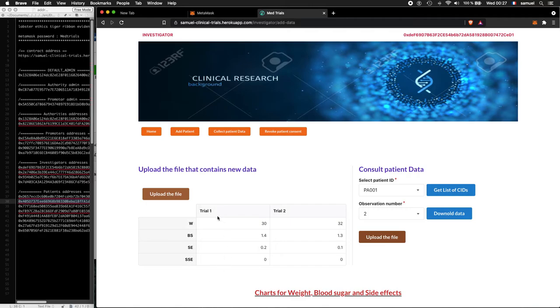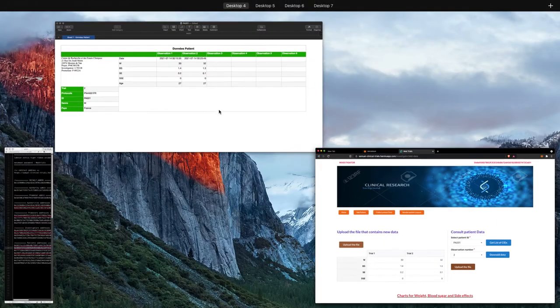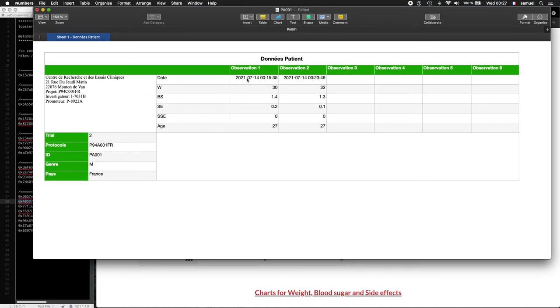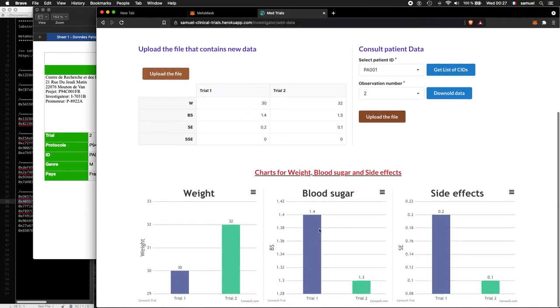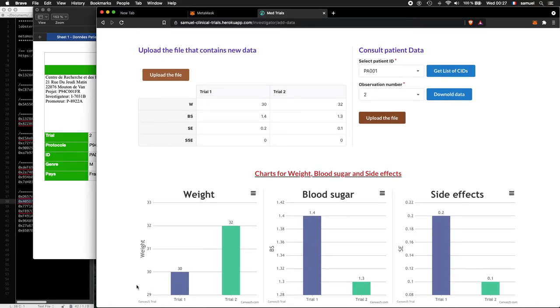As you can see, now we have two trials. We just got this information from IPFS, and I just read these two columns and display them on the screen. We also have charts, so we can see that the weight goes from 30 to 32, and the blood sugar decreases from 1.4 to 1.3.